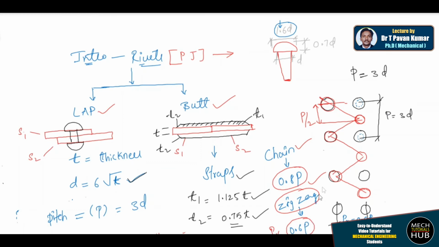Okay, these are the important points to be noted, which is very much important to understand. As I said, T1, T2 come into the picture whenever you talk about a strap, and we discuss straps when we are talking about a butt joint only, nothing to do with the lap joint. These are the things you should remember. What is a single rivet, double rivet, what is a butt joint, what is a lap joint, and how we need to draw things accordingly.